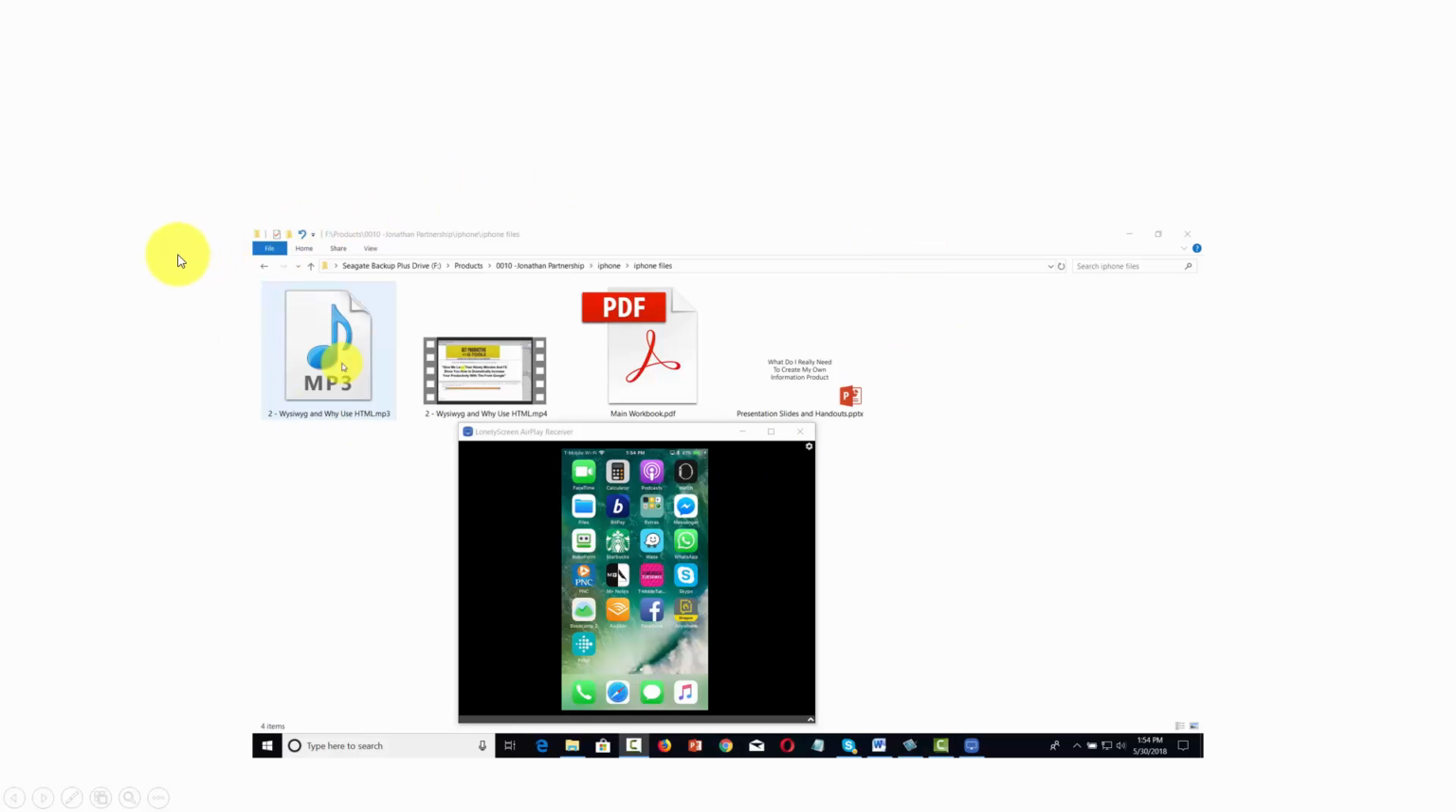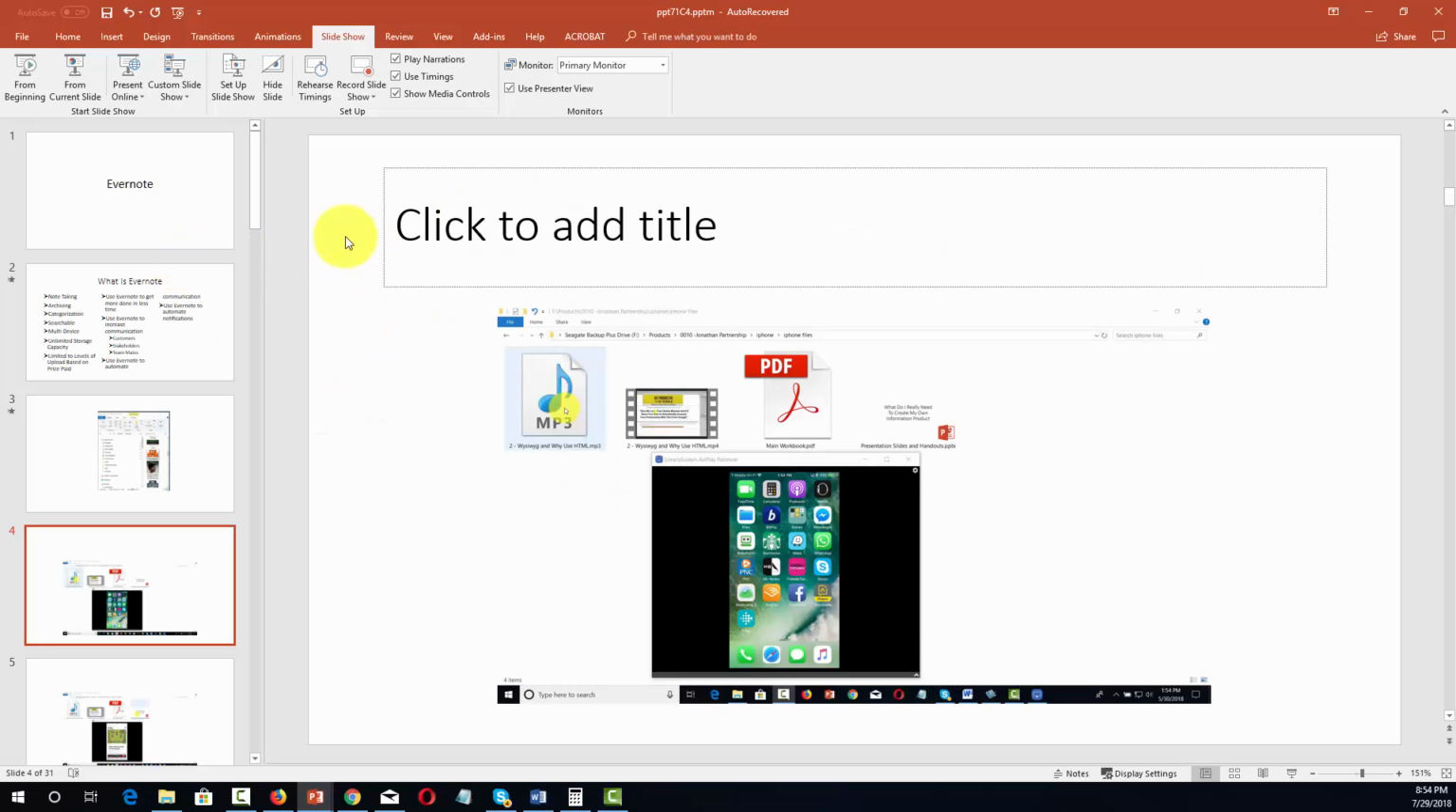full screen mode. Now, if you're using multiple monitors when you are recording a video or you are recording your PowerPoint presentation, you will want to be familiar with the presenter view, and we will discuss that in the next